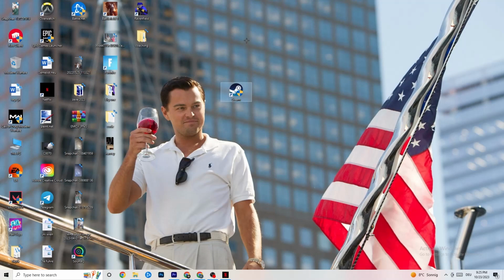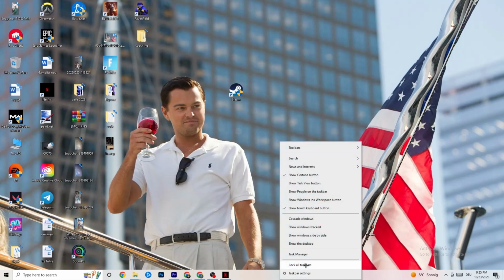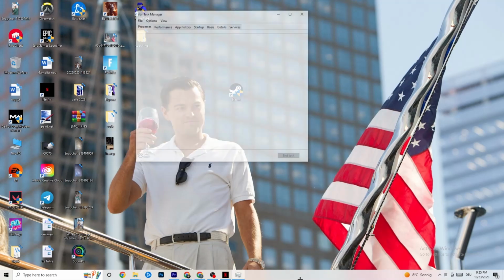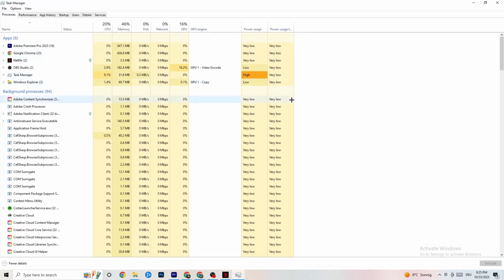Next thing I want to show you to reduce stutterings and freezes, I want you to head down to your taskbar. You're gonna right click it, hit Task Manager. Once this one pops up, you're gonna see on processes, in the top left corner of your screen, you're gonna see processes, CPU, GPU, memory, all the stuff, and I want you to keep an eye on GPU and CPU, and every single process in the apps,